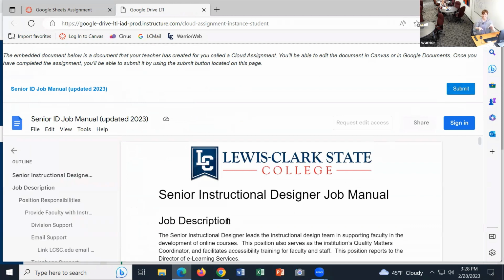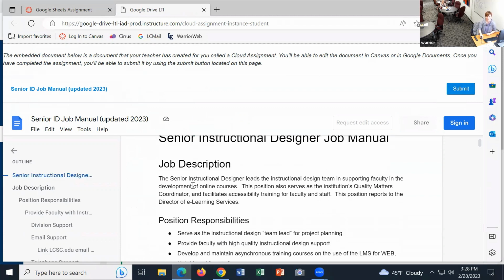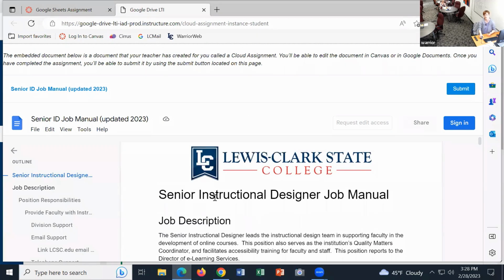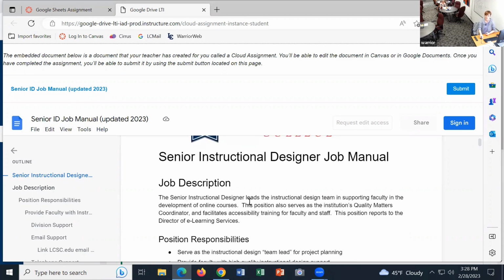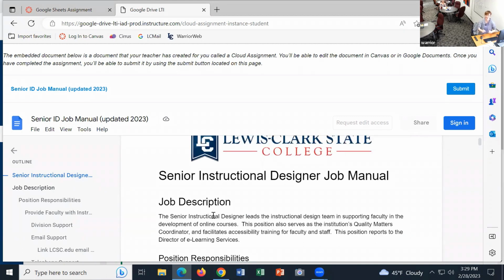So now I have my copy of the document, and I can use all of the standard tools. It doesn't like this because I'm in Microsoft Edge. I'm not in Chrome, so it's not showing me all the tools I have access to. I guess it's got some things over here, but kind of weird looking. But I can actually come in and edit the actual document. So I don't think it likes the fact that I used an account that was not my work one. Anyway. Trust me, it works. It just didn't like me logging in with the one I actually should have logged in with.